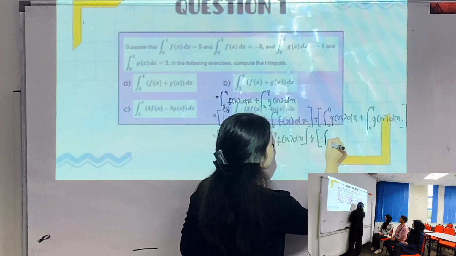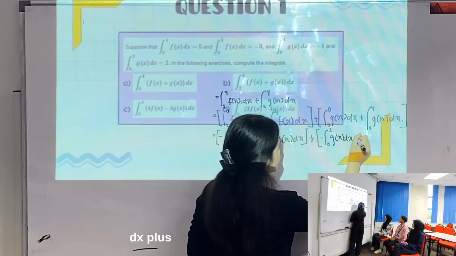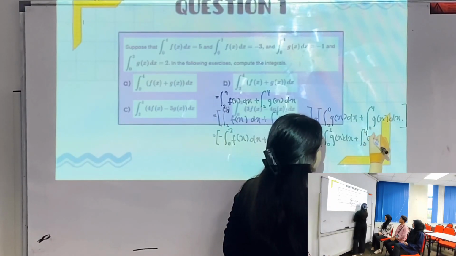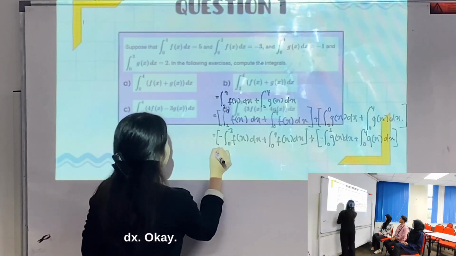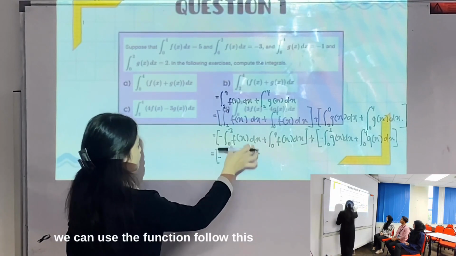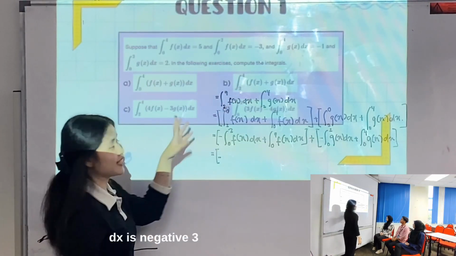So negative 0 to 2 of g(x) dx plus, and we stay the same for this function, 0 to 4 of g(x) dx. Okay, so we can use the values from this question, which is 0 to 2 of f(x) dx is